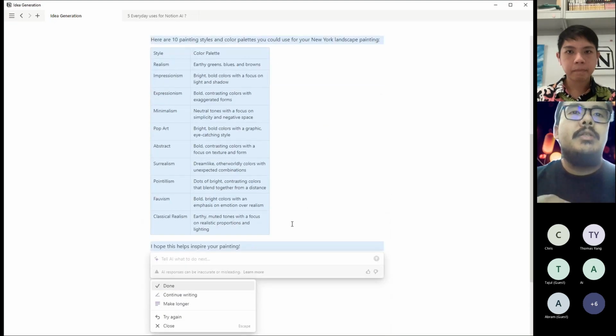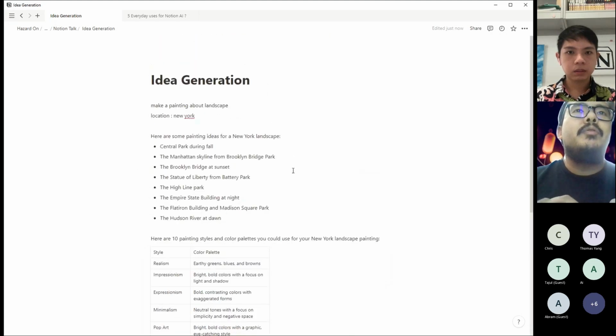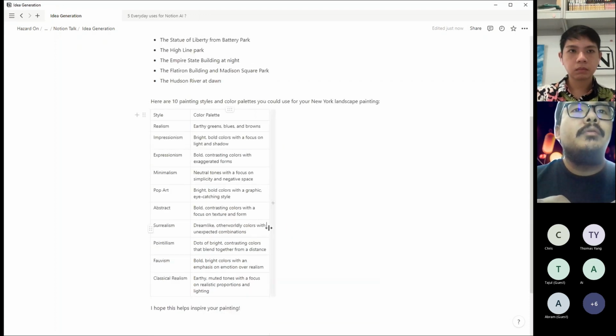So this generates just as ChatGPT, but it's into one item. So when you come back, say, where are my ideas for the painting I want to make? So you have it in one place.